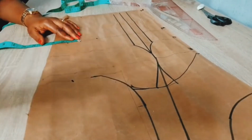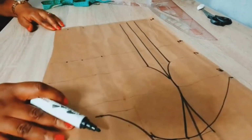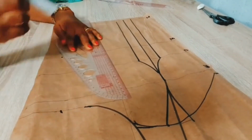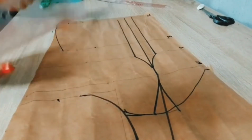Okay, so I'll place my waist measurement, place the dart intake, and then the seam allowance. So I did the same for the hip and the bust as well. So for the bust, I simply placed the quarter of my bust measurement and then the seam allowance. So I'm linking the points together. Okay,